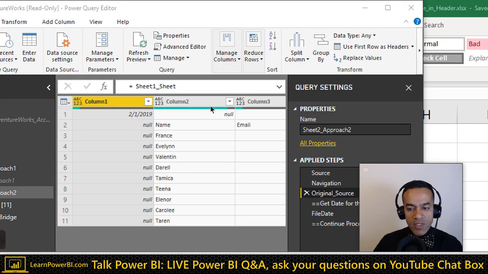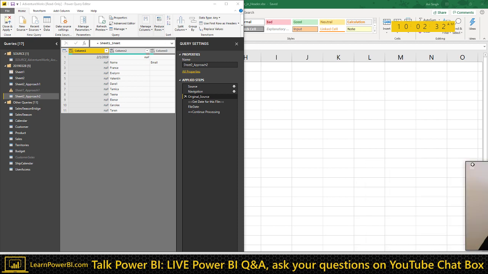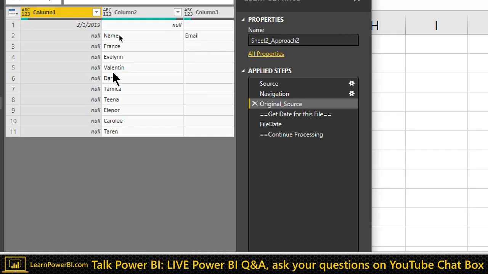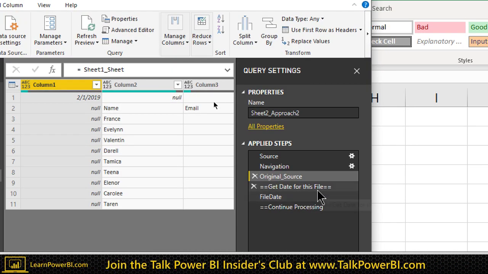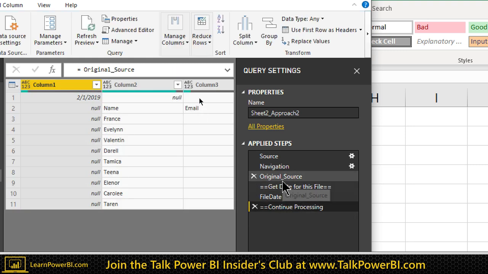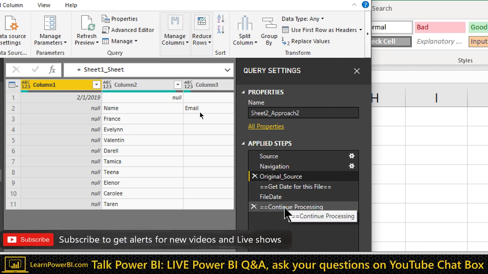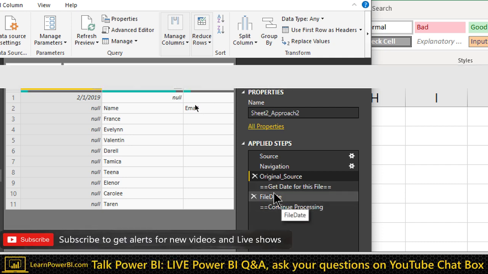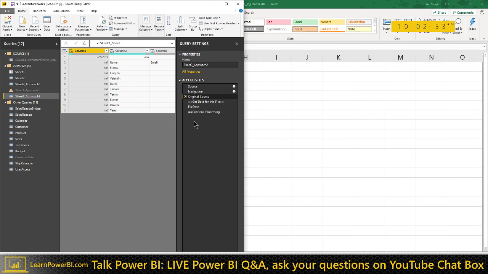All right, so this original source, I did basically a detour, right? I did this detour, figured out some information in the file, but then continue processing refers to original source. So I'm back where I started, but I have this information saved somewhere. So I call this self-referencing inside the query.